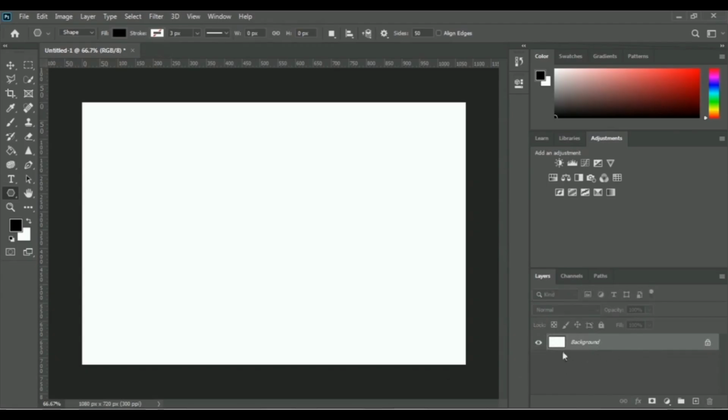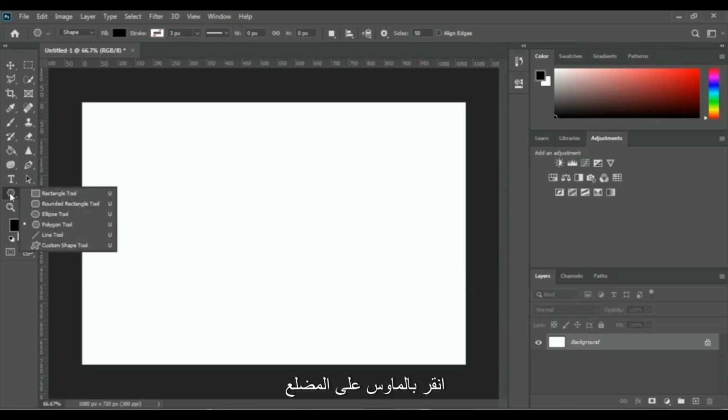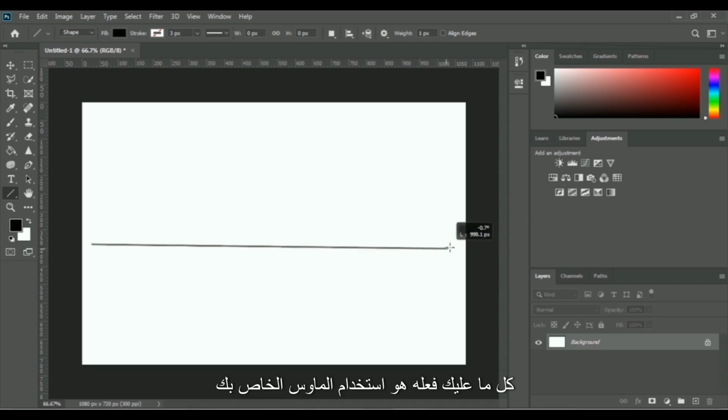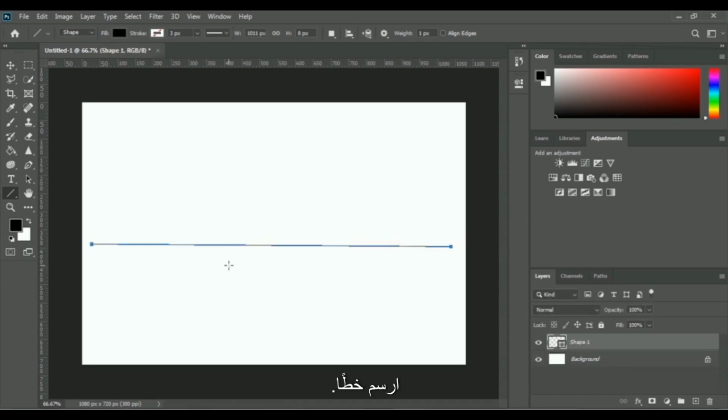Okay, you can take a look, all the layers are removed, and right now we will discuss the line tool. To use the line tool, you just have to right-click with your mouse on the polygon tool, and then you will get this line tool option. If you want to draw a line in Adobe Photoshop, then you have to use the line tool. So let me show you the use of the line tool. It's quite simple. You just have to use your mouse to draw a line,